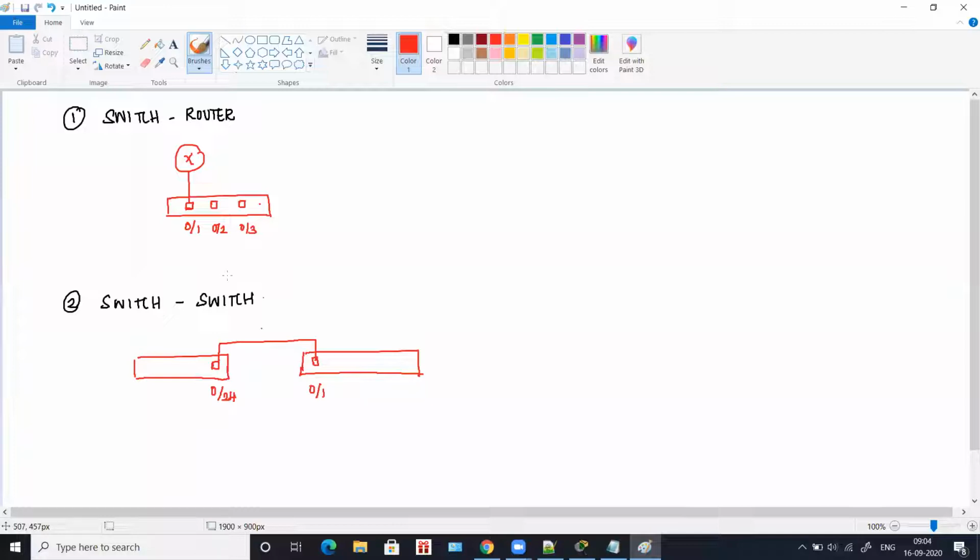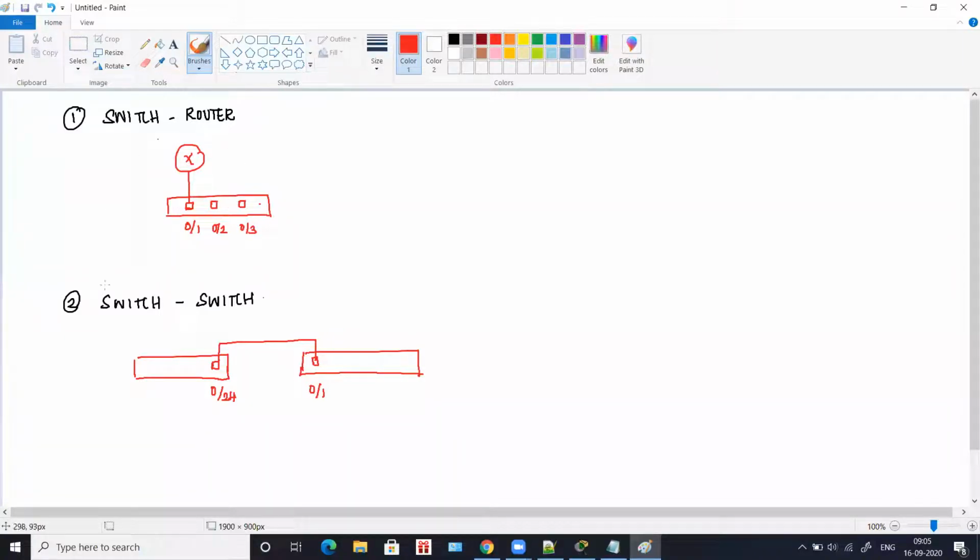Okay, this is not mandatory, but this is the most recommended, common practice when you connect switches. When you connect a switch with another device, this is how you connect, and when you connect a switch with another switch, this is how you connect. These are not mandatory rules, but most commonly you will find the configuration set up like this. So this is with switch rules.